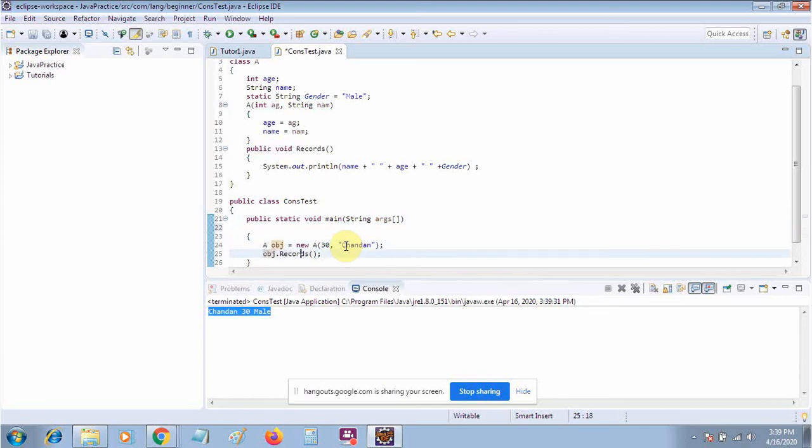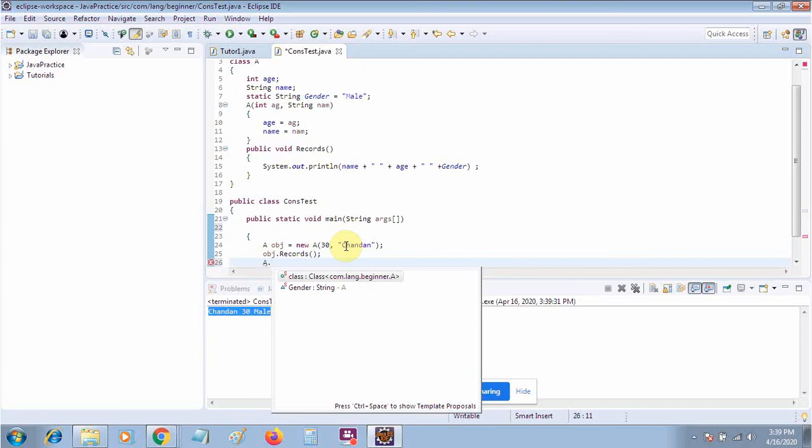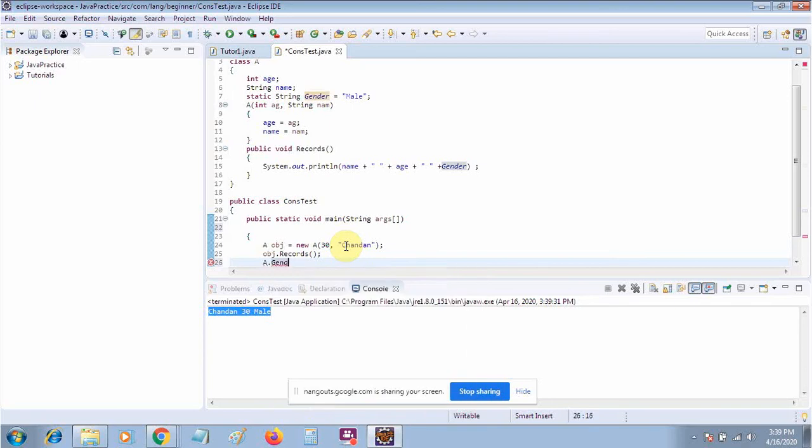Now again, one more thing you can do. One more thing I want to show you is that if something is a static variable, you can directly call it by the class name and then that variable. Suppose that you have created your gender field as static, so you can call it without any object.